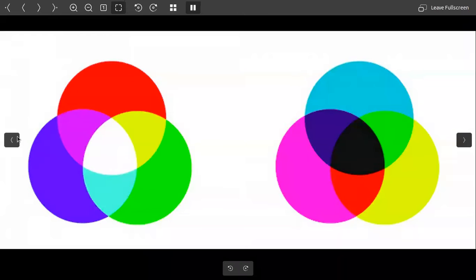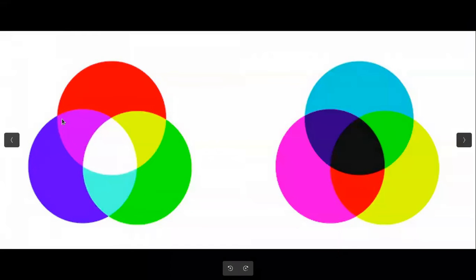Like in the RGB method, colors are represented with three primary colors. These are red, green, and blue. And what is the definition of primary colors? A primary color is a color which cannot be generated from any other color. So for the RGB model, we have three specific colors, red, green, and blue.